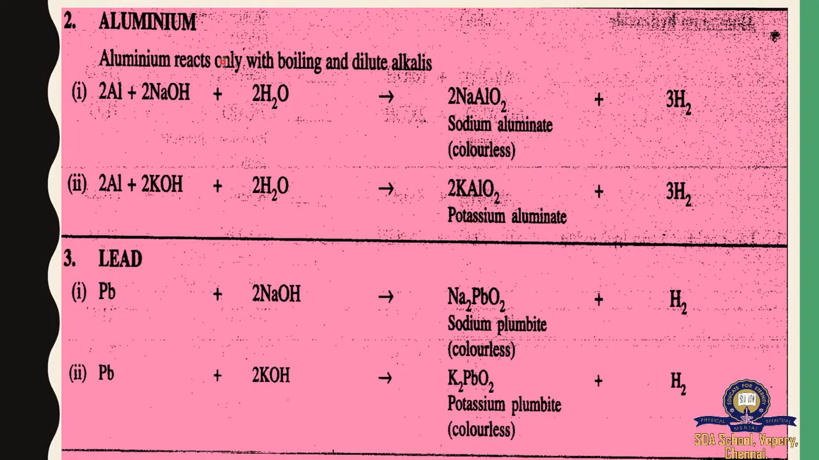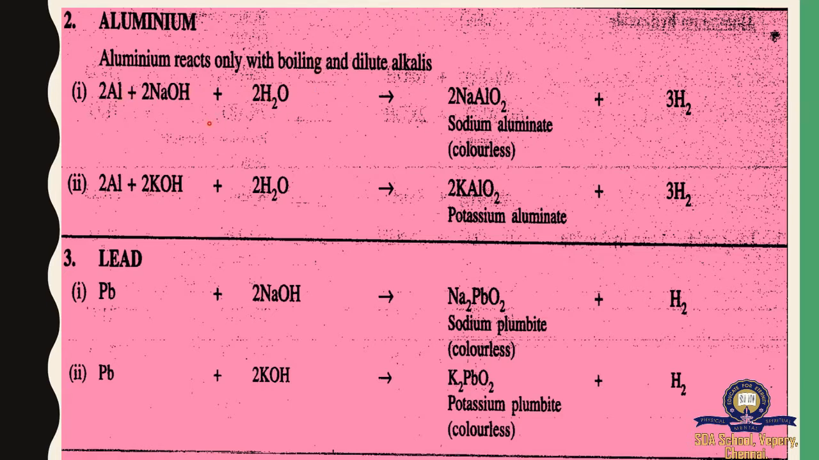Next, the aluminium metal reacts with caustic soda and water. It gives out sodium aluminate and hydrogen gas. Aluminium reacts only with boiling and dilute alkalis. Yes, dilute means when we add the alkalis to the water, then only the aluminium can react with